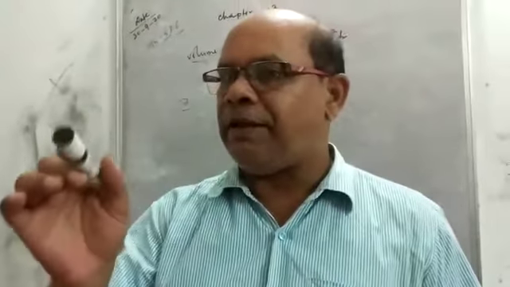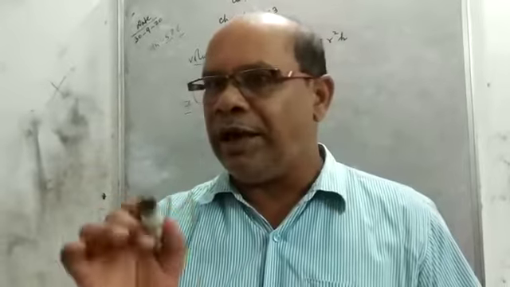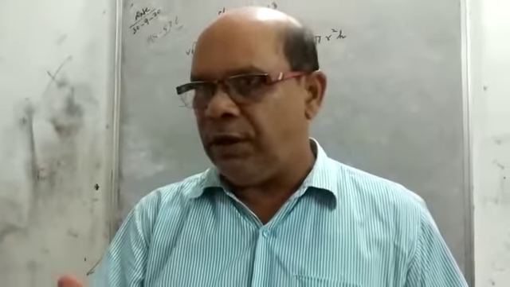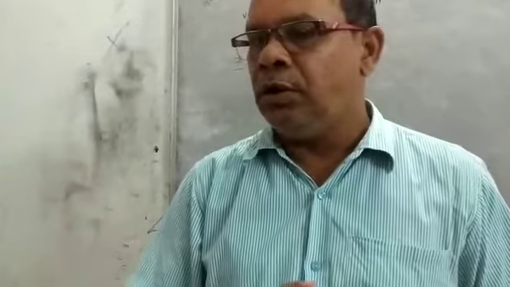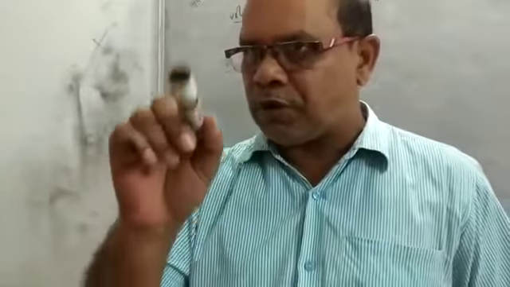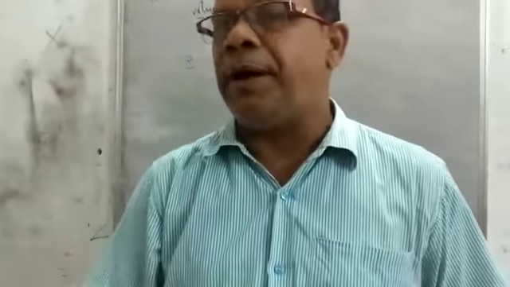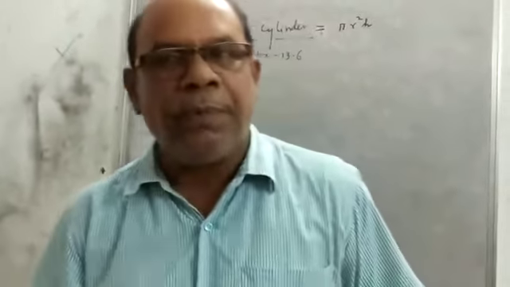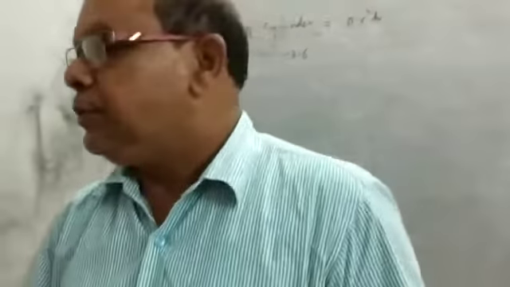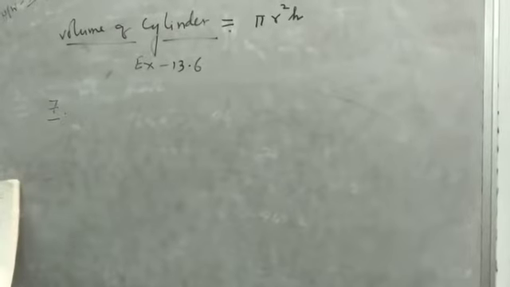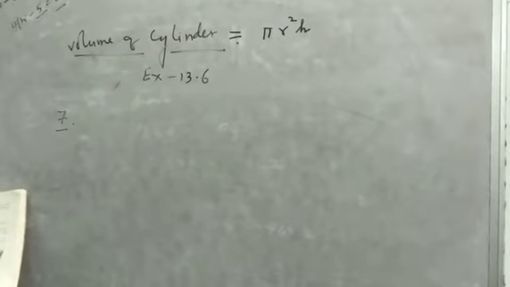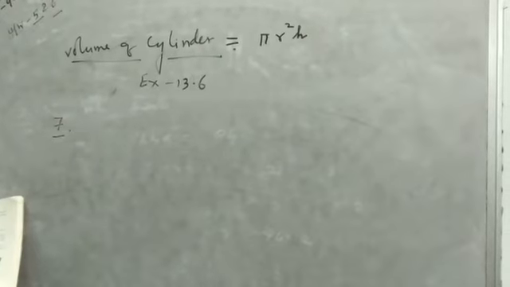Is that clear? So how will we find the volume of wood? We will find the volume of the entire pencil minus the volume of graphite, because in a pencil the complete part is not filled by wood; inside is the graphite, by which portion we write. So first we will find the volume of graphite. Number 7: the diameter of the entire pencil is 7 mm.